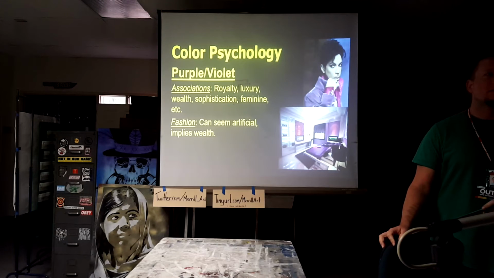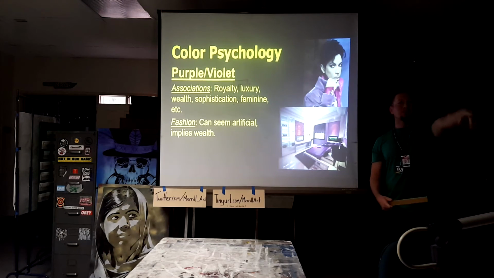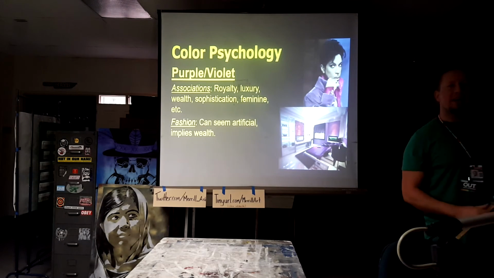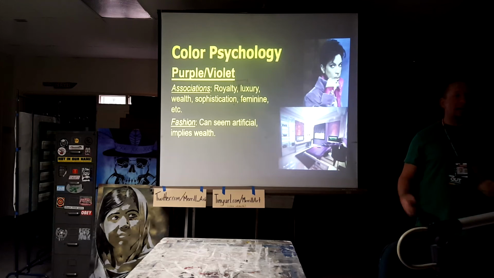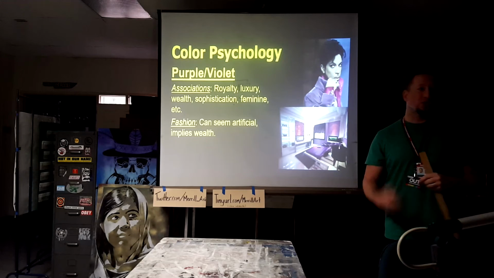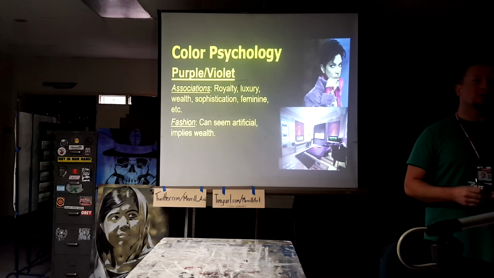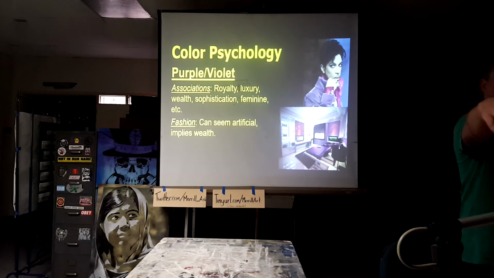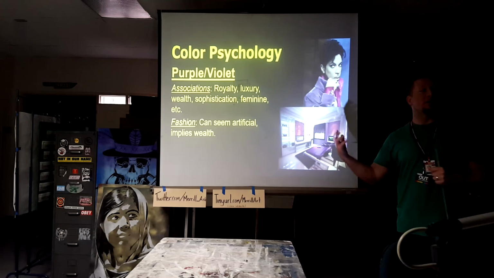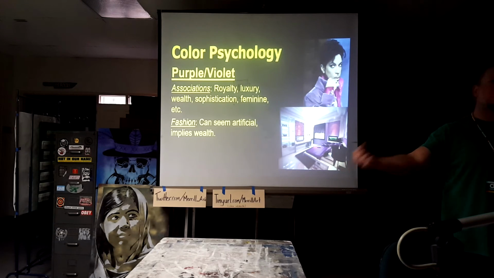Purple's such a hard color to make. Yes. Oh, the kings used to wear it. Yes, and that's why. Okay? So if you think about what he said, purple was a really hard color to make. To find something that you could use in nature to dye clothing purple, especially back in the day, it was extremely difficult. You had to send people out all over the place to find these raw materials. And because of that, what you said comes true: it became a color associated with royalty because they were the only people that could afford to send people out all across the land to gather these materials